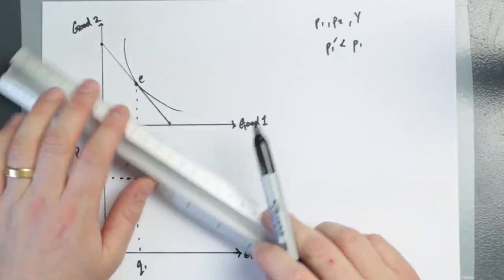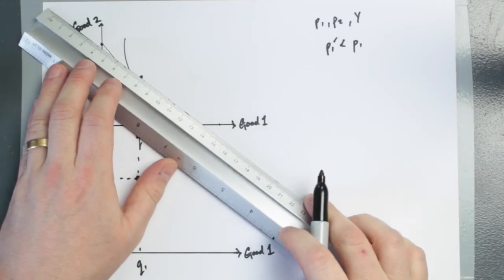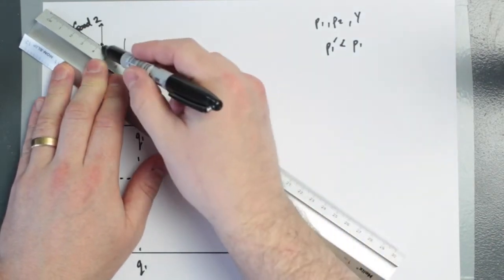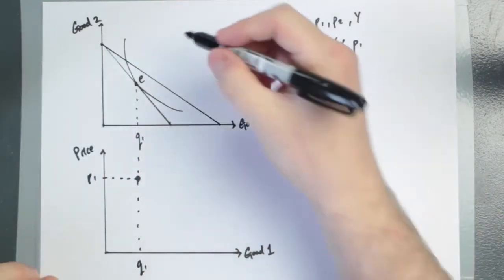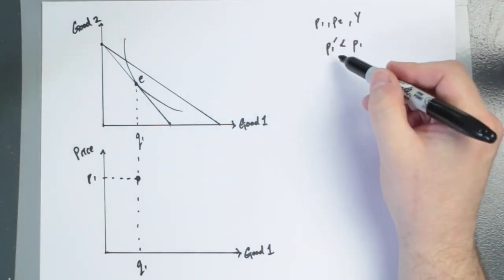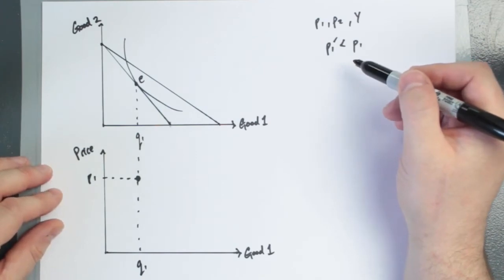That stays the same. But the budget line pivots outwards and gets flatter. So connecting these 2 points gives me the new budget line with the new marginal rate of transformation,